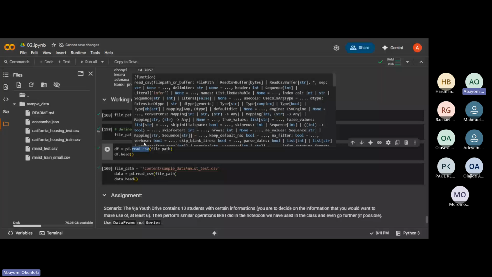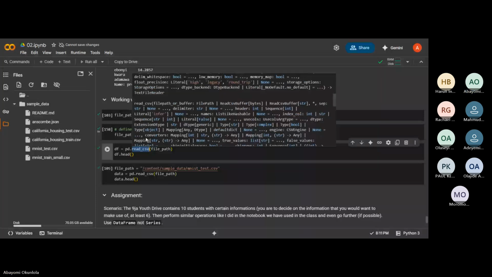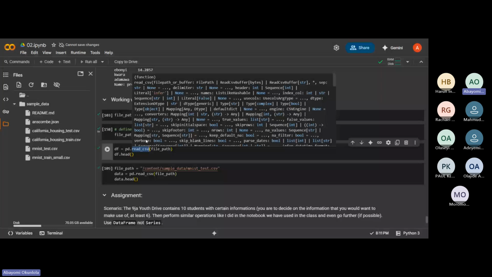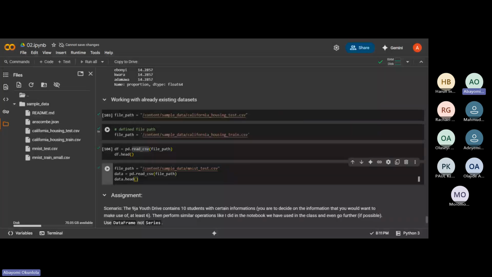If you scroll down the documentation, you should see how you can use it. The first thing here is the file path or the buffer. So we specify the file path. I've already specified the file path here, so I can just say pd.read_csv and add my file path. And then this next line is to print the first 5 rows.